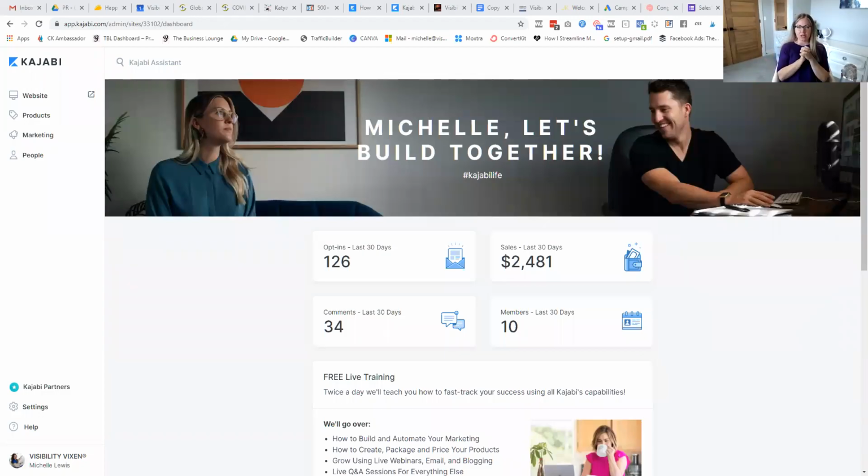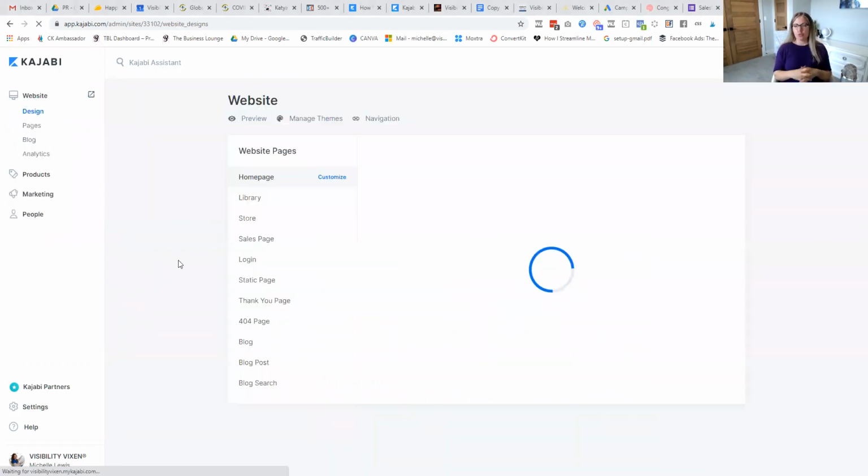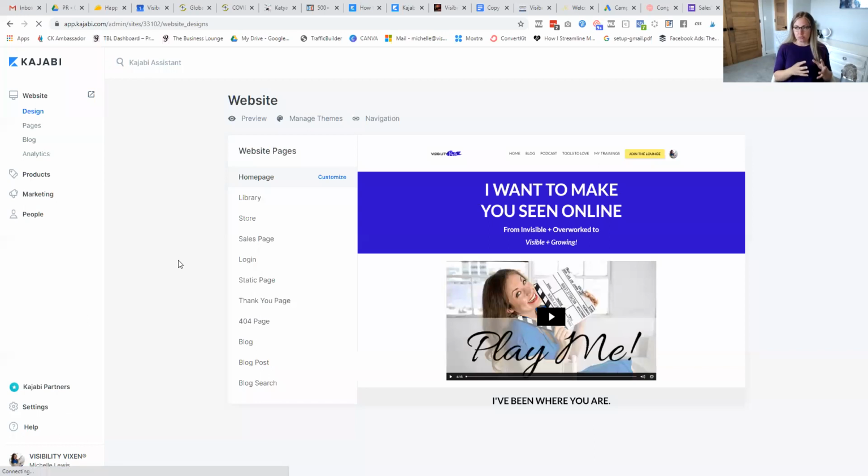So welcome. We are going to be walking through Kajabi step by step. This is going to be hopefully helpful for you to be able to get everything in alignment. The first thing I want to cover is that Kajabi is a different language. So you may have used WordPress, you may have used Squarespace, Thinkific, Teachable, ClickFunnels, MemberPress, whatever you've used. Know that when you sign into Kajabi, you may just feel a little bit disoriented because it is a different